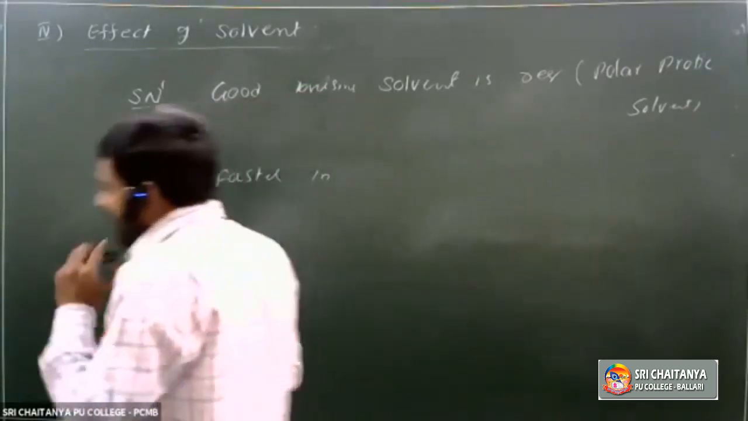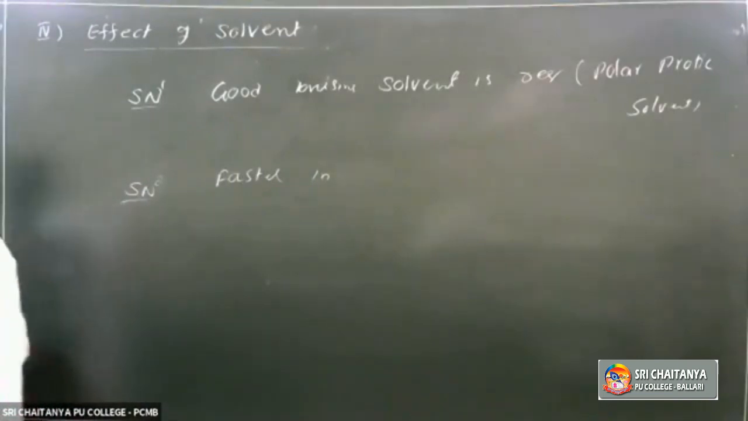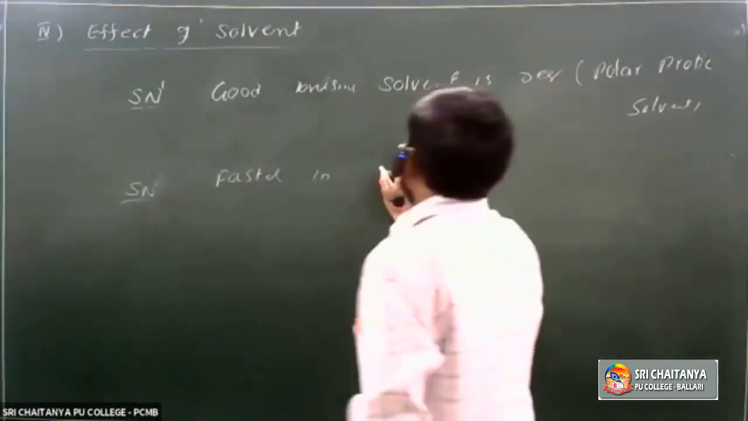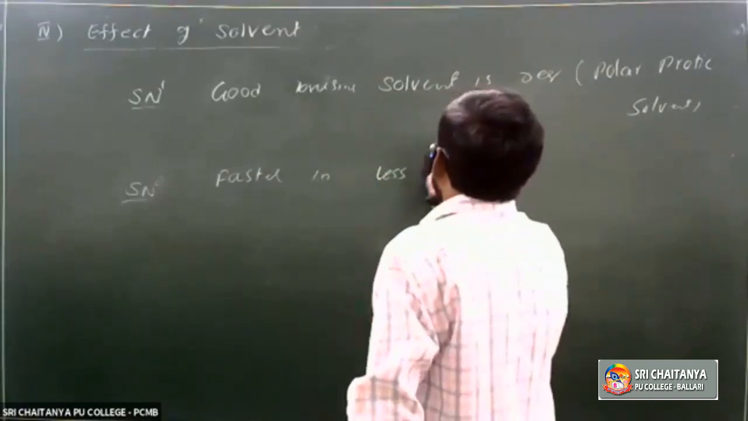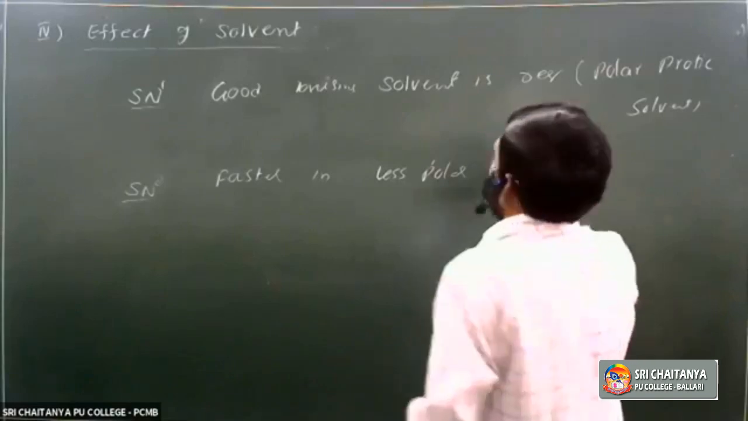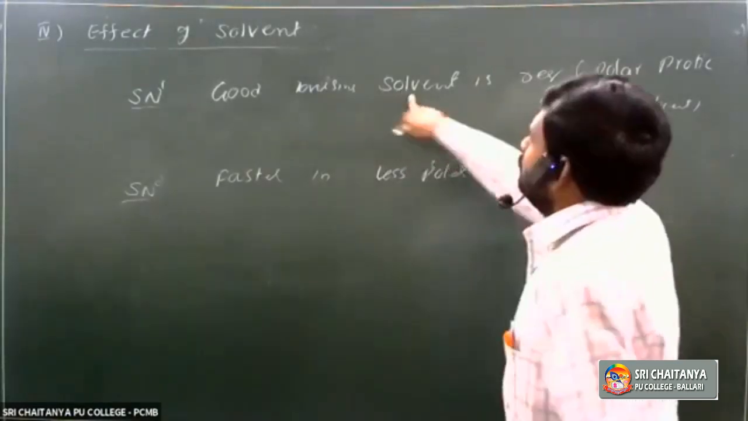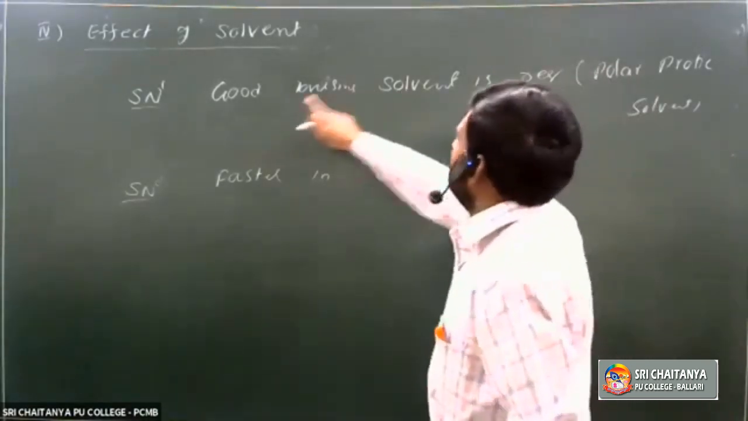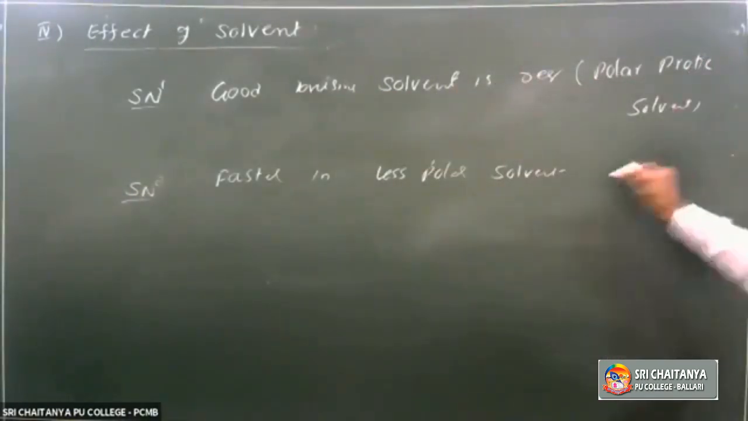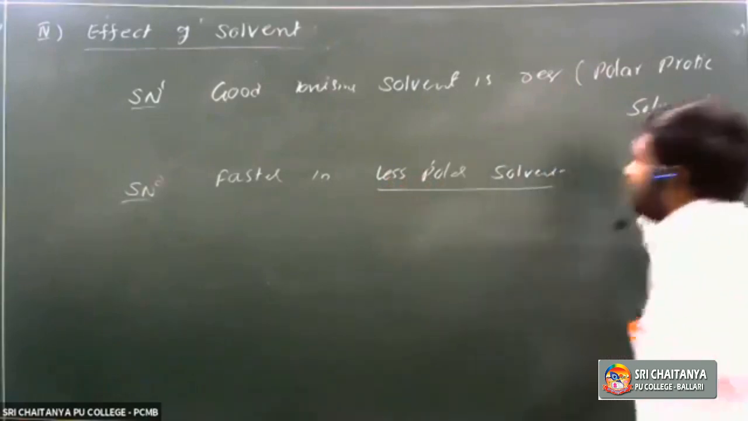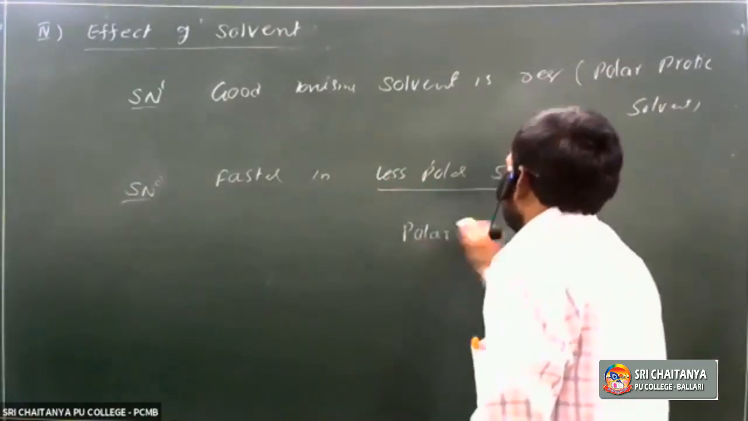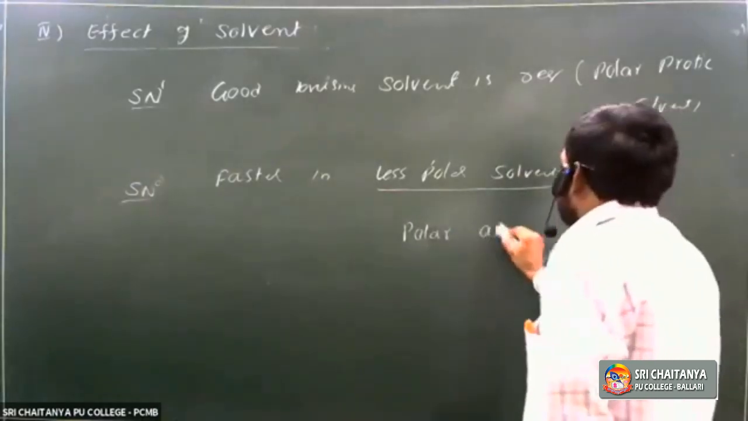So maybe the reaction takes place faster in less polar solvent. Here, to ionize the C-X bond, a good ionizing solvent, meaning a polar protic solvent, is required. Here, less polar solvent is required, or polar aprotic